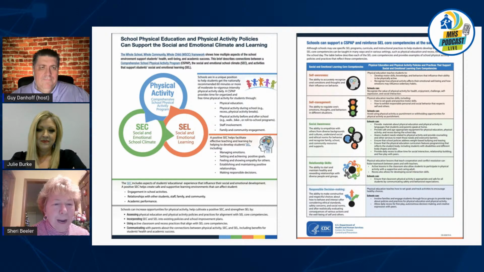The physical activity, the more active they are, the healthier they are, and they're better in attendance. The social and emotional school climate improves because the classroom improves. What Julie mentioned earlier, they have fun going to recess. Now it's not, now what are we going to do? Or why are we going? So it becomes more important. With that, they get better social skills, better emotional skills. Believe it or not, it's not all about winning. So, how to be gracious, and some things are just for fun. You're learning skills and developing social emotional learning skills. So getting that skill set of how to act, how to respond, and how to be responsible,